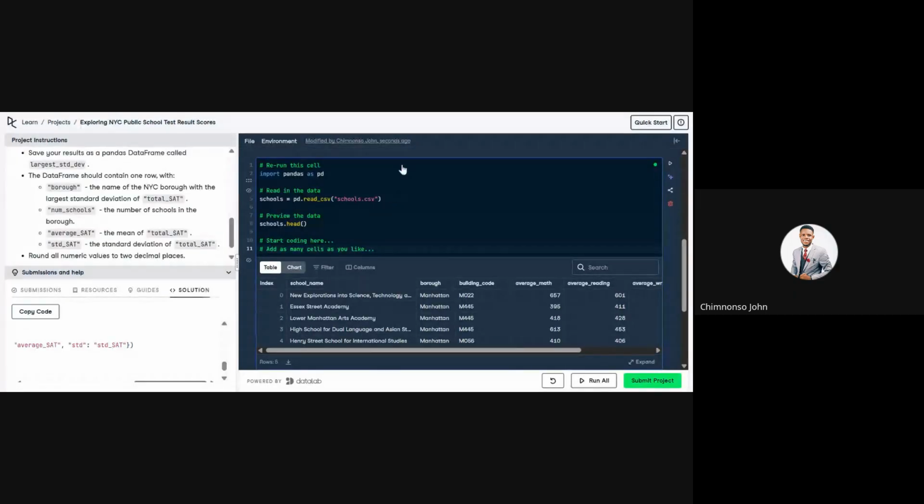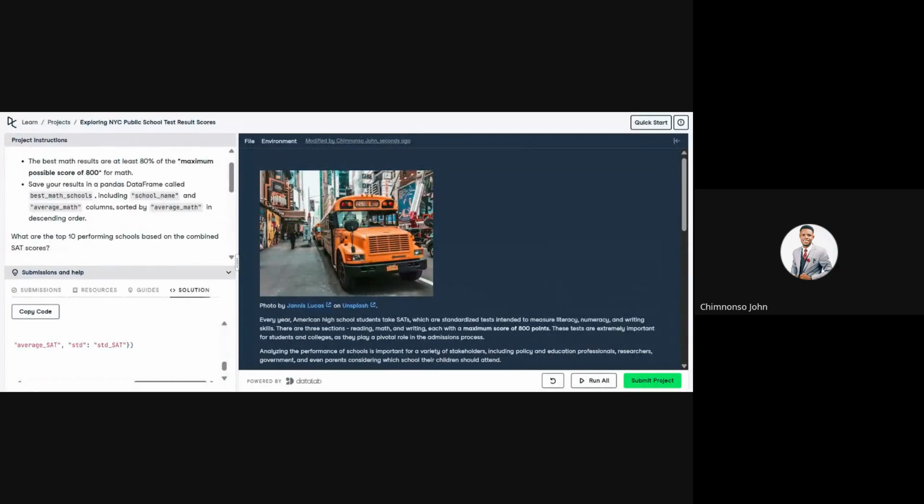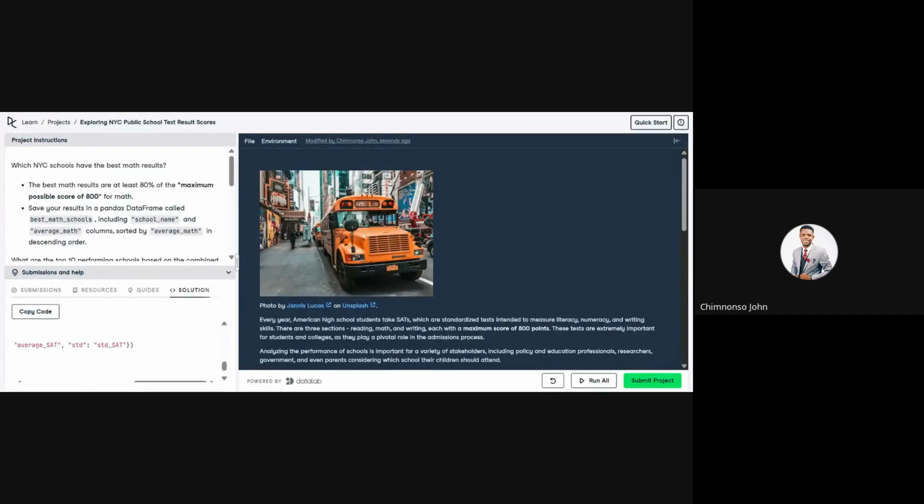These are data sets. What's our instruction? The best math results are at least 80% of the maximum possible score of 800 for math. Save your results in a pandas data frame called best math score, including school name and average math columns, and so on. So what we have to do here first is that